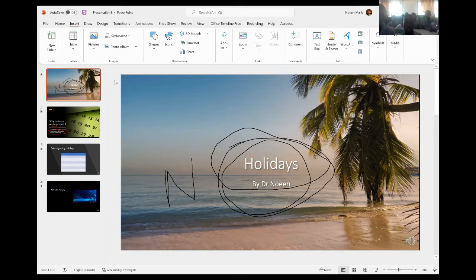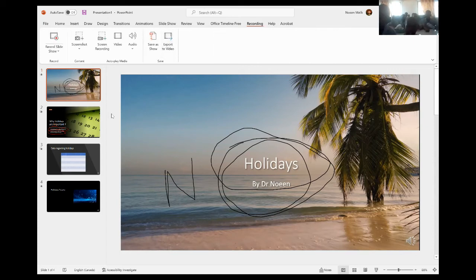Recording is on the menu bar. You go to recording on the menu bar. Yeah, menu bar, and then Recording. What can I do next?